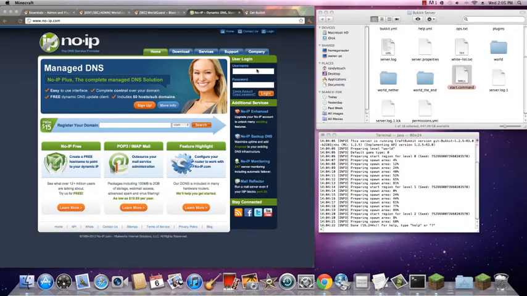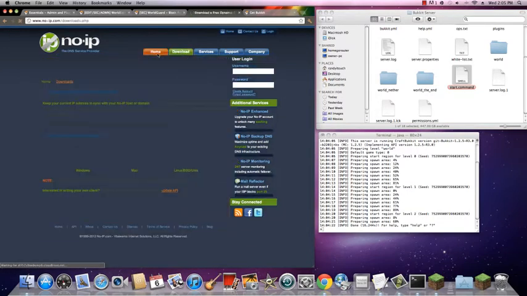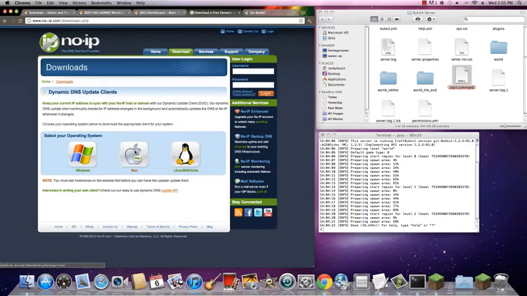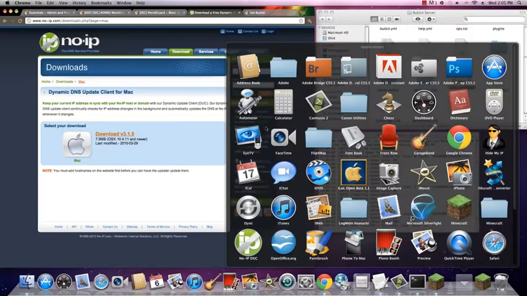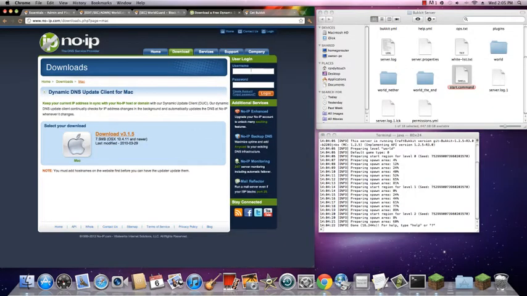So what we want to do is go to your downloads, go to download on the no IP, and you're going to go for Mac. You're going to download this. I already have it downloaded, and you're just going to click Mac, download, and all that stuff. You're going to open it up, and you can drag that onto your applications thing, like how it makes you have to do. After that, what you want to do, you want to create an account,